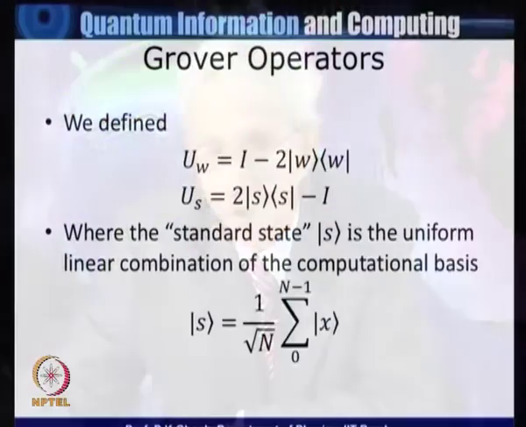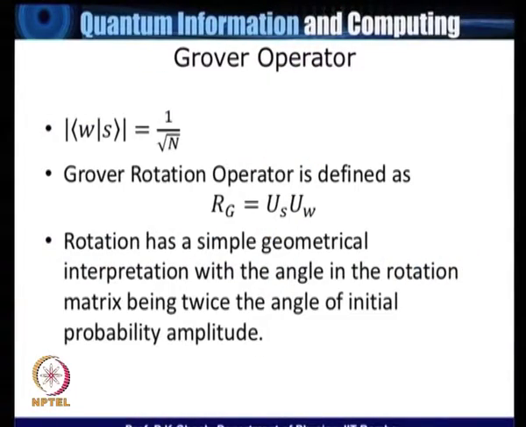And we had seen a geometrical interpretation of this, which I will not repeat, and basically what we said is this, that initially, since I start with an equal linear combination of the basis states, I start with a state whose strength in the linear combination, its amplitude, is given by 1 over square root of n. This is the initial starting point.